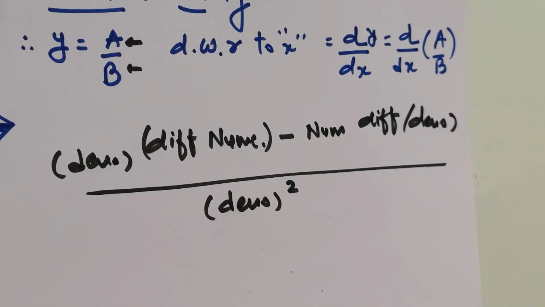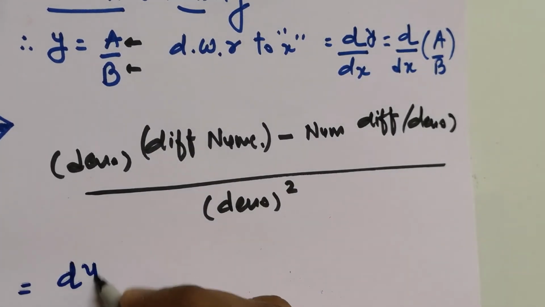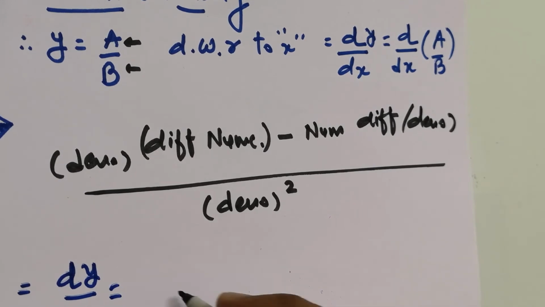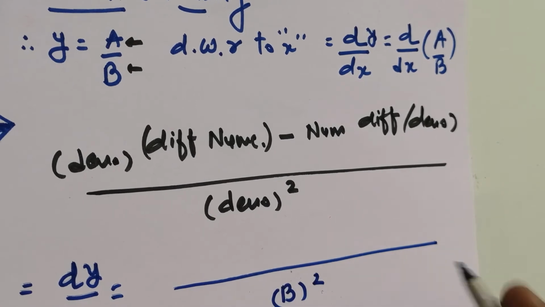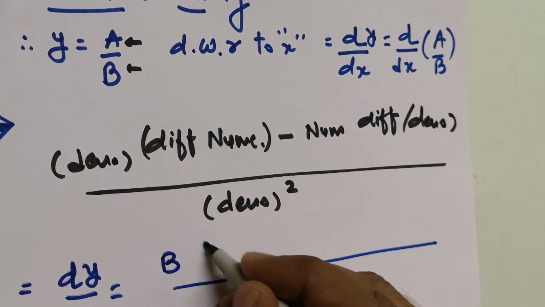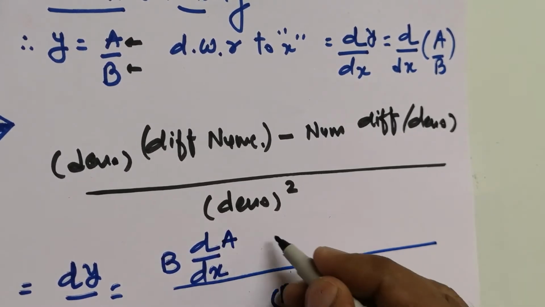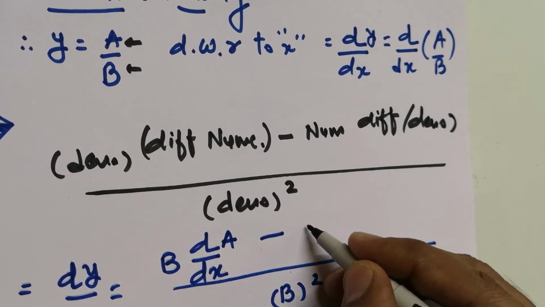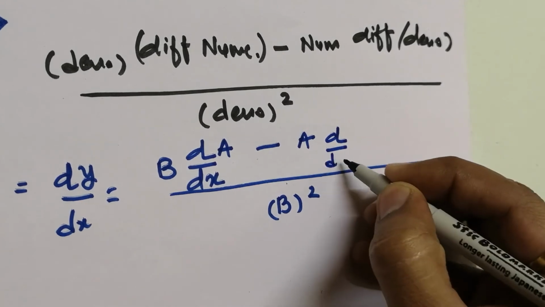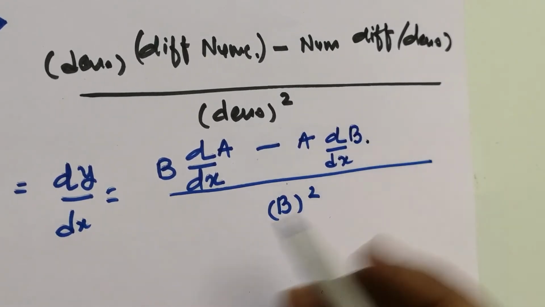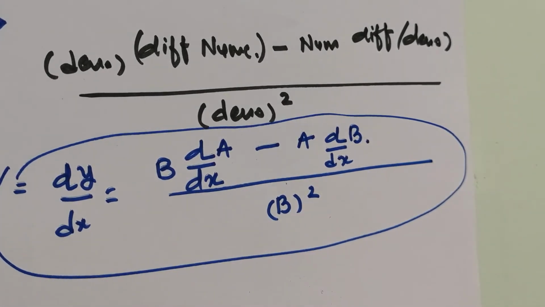So the same rule we will apply over here. This is our numerator and denominator, and I want to go for the differentiation of it. So dy by dx: the denominator is squared, so it would be b squared. Denominator outside, so b is outside, differentiation of numerator, that is a. Minus is compulsory. Now numerator is outside and differentiation of denominator, that is d by dx of b. So this is how you apply our formula of divisional property.